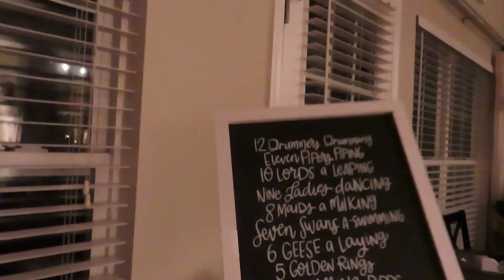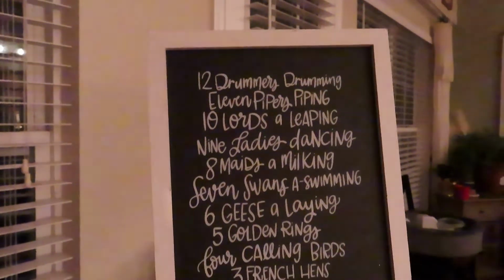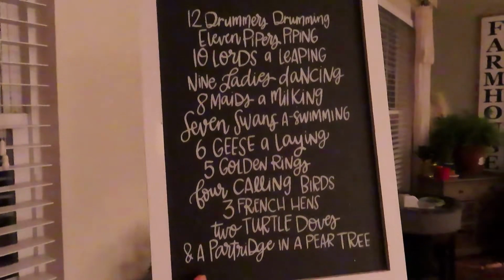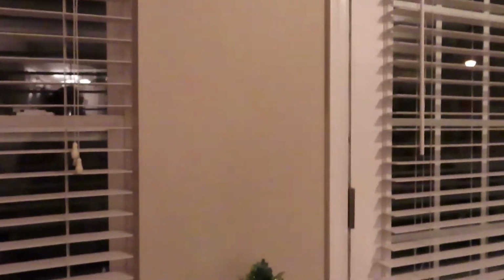I have this sign. Oh, Lord have mercy. I have this sign that I got from the Target dollar spot that I need to hang. Haven't done that yet. That will get done. But first we're going to go over the last tiered tray. So I want to hang that sign right there above my last tiered tray, which is in a Christmas tree